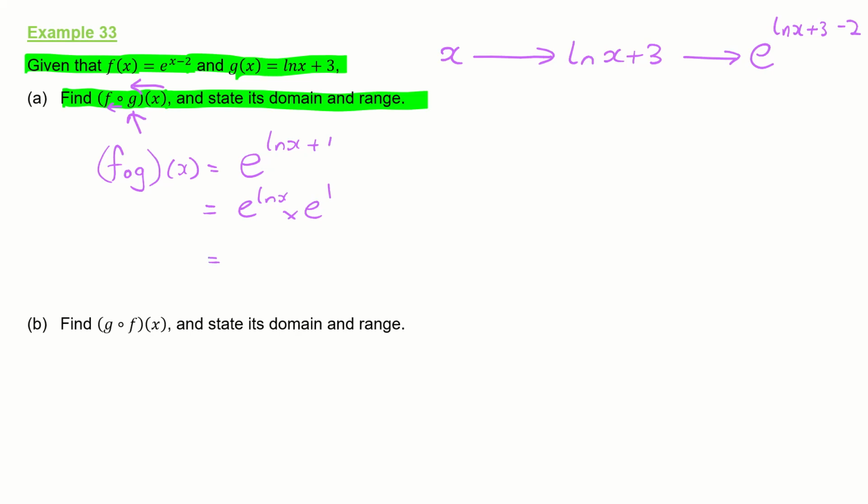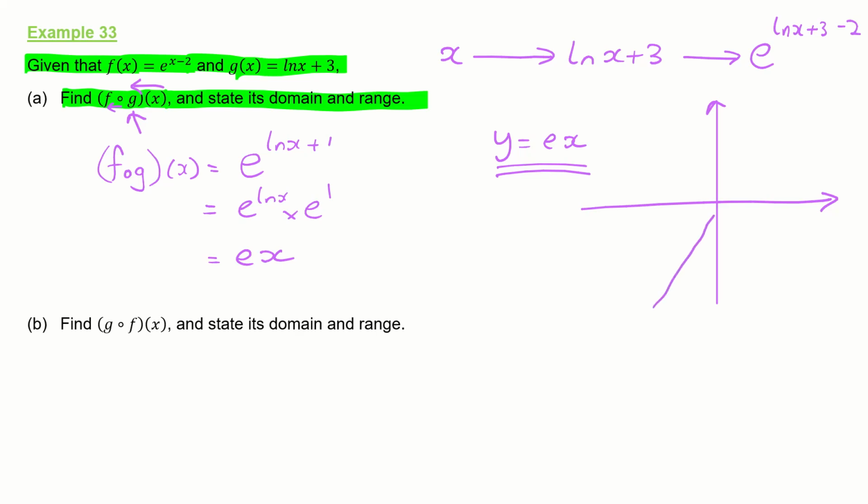And e to the ln x is just x, so it's ex. Now, y equals ex is a straight line, but that doesn't necessarily mean... y equals ex would be like this, it will have a gradient of e, but that doesn't mean that